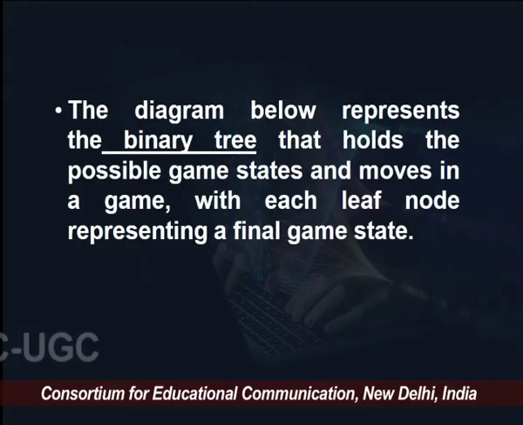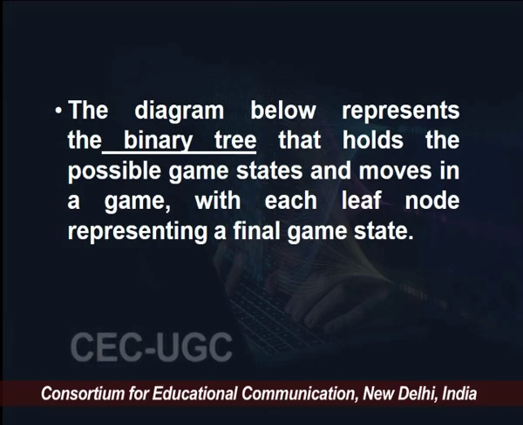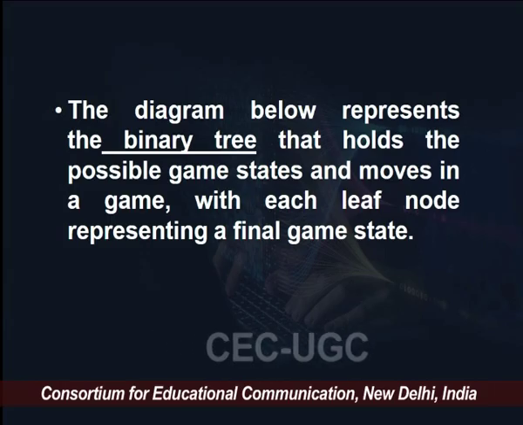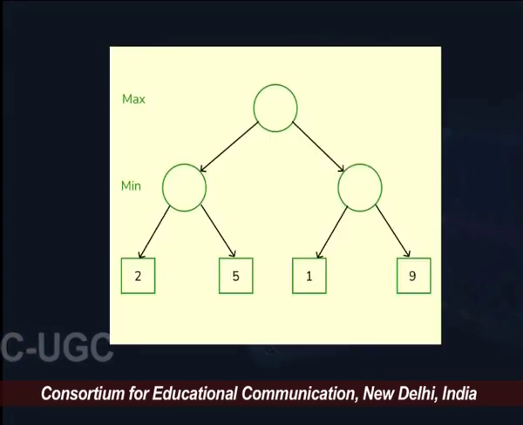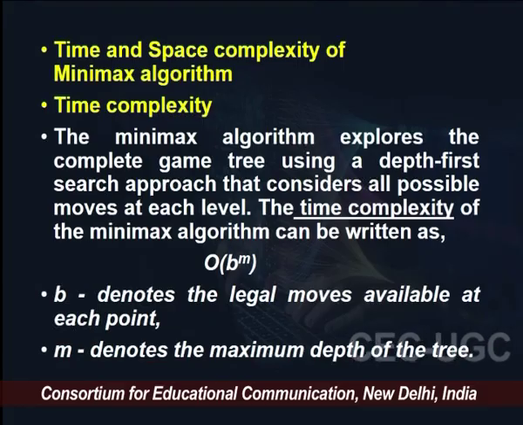So, this diagram was representing a binary tree that holds the possible game states and moves in a game, with each leaf node representing a final game state, and this was our minimax tree. But please notice that this is one of the simplest versions of a minimax tree, having neither too much depth nor too many branches. But still, if we look into the time and space complexity of the minimax algorithm,